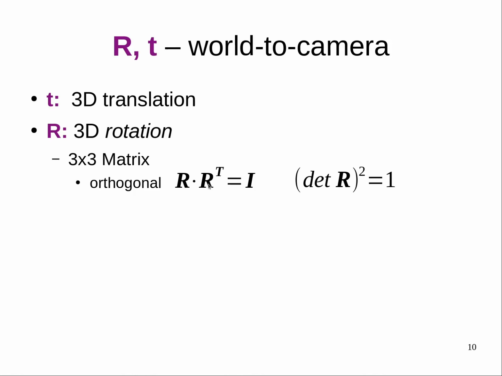This relation is equivalent to the determinant squared of the matrix being 1. However, this is still not enough to arrive at only 3 degrees of freedom, because the upper triangular part still has 4 entries. And the way we further restrict this is by